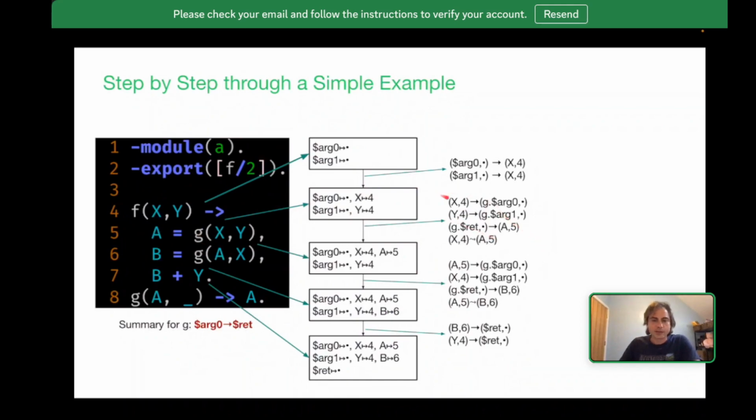So here on the right hand side we see copying x into the first argument is this first edge, and it says it's the x that was last assigned at position 4, and we know that from the abstract state before, that goes into the first argument of g. Same thing for y, similar for return. We do the same for line 6, and then